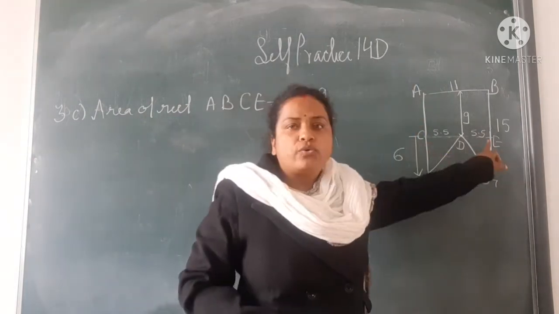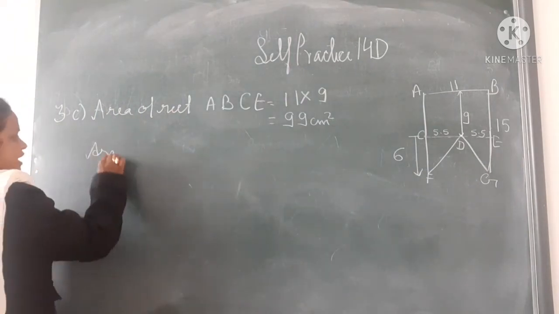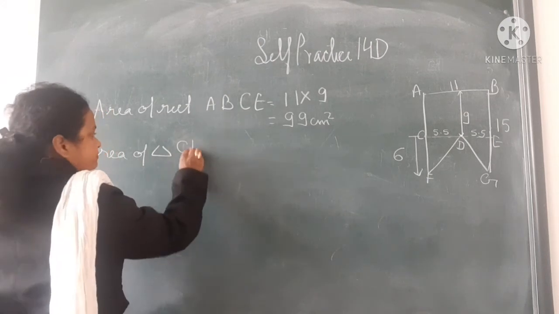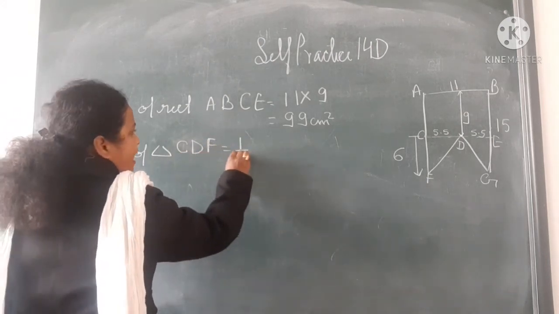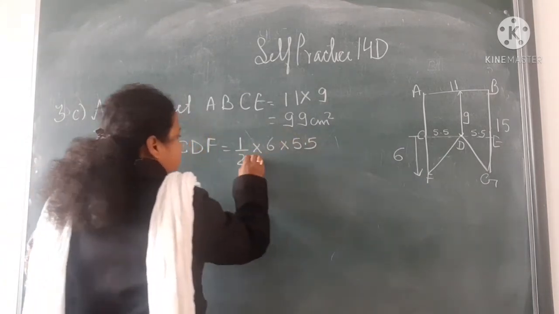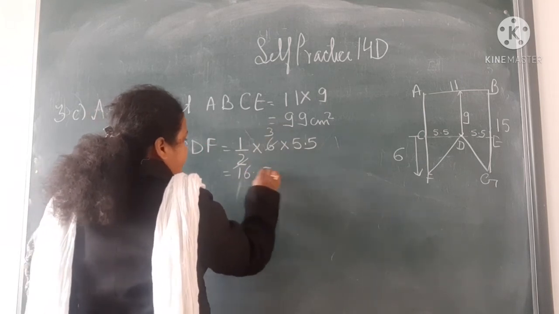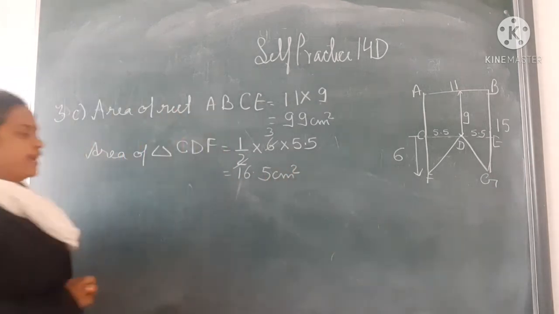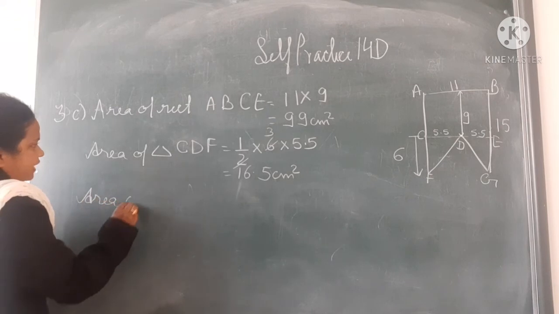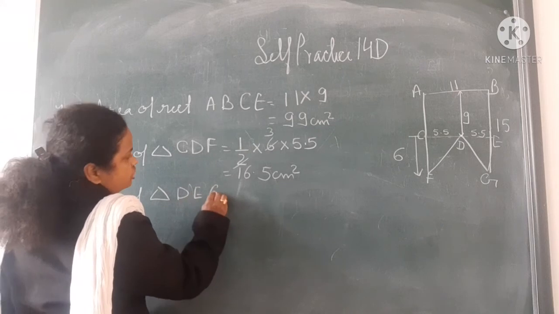Now below 2 triangles are being formed. So individually we will find the area. The area of triangle CDF is equal to half into 6 into 5.5. So 2 3s are 3, 3 5s are 15, and 16.5 centimeter square. Now next, area of triangle DEG, that